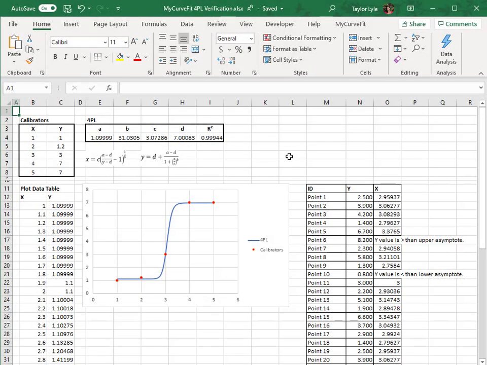In this video, I'll demonstrate how to add the observations calculated in my results table to the curve chart. I have opened the same Excel spreadsheet used in previous videos, so we've already calculated our 4PL parameters using these calibrator X and Y values, created a plot data table, and charted the resulting curve fit. And we've used the CalcX functionality to calculate the X values for each of our observed Y values in the